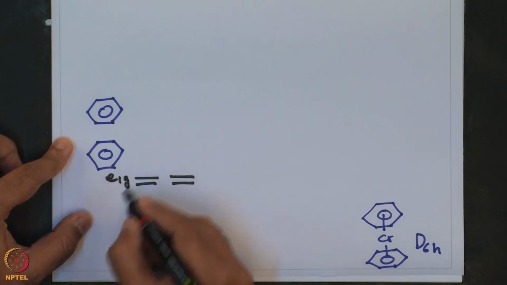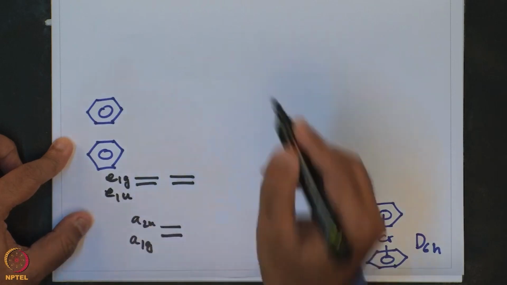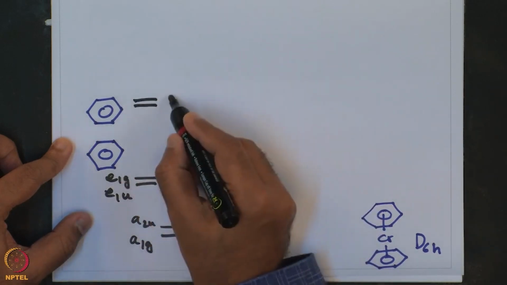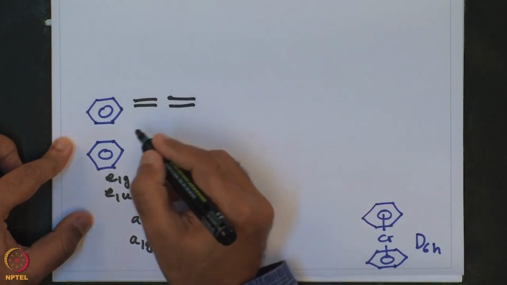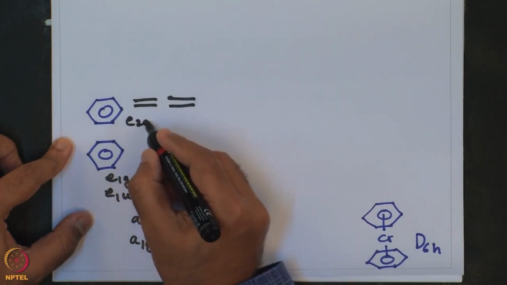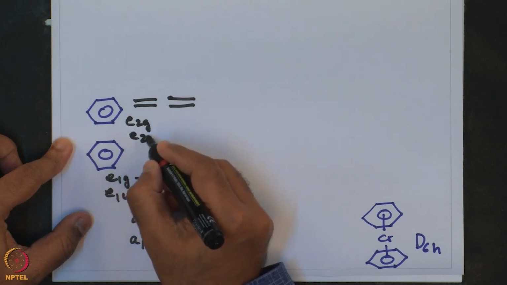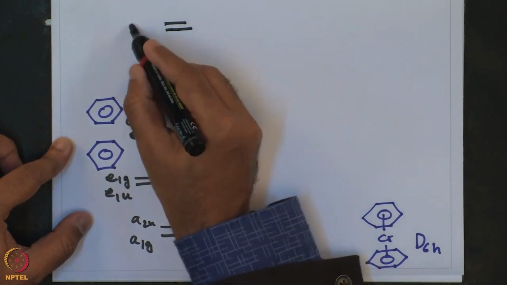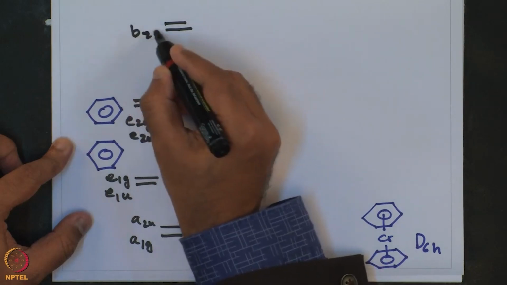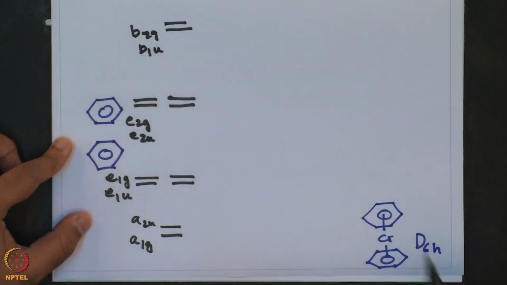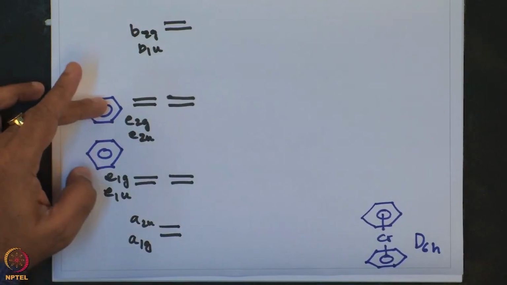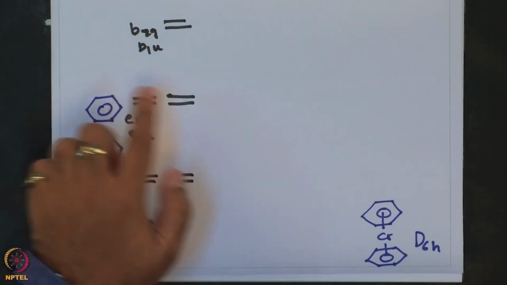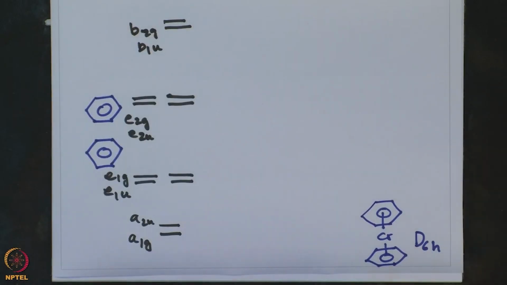Similarly, E1g and E1u. This will be E2g and E2u, and finally B2g and B1u. So, each of the 6 having 12 set of orbitals, 2, 4, 6, 8, 10, 12 of gerade and